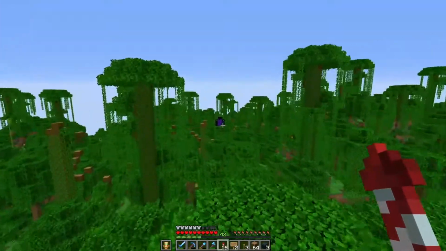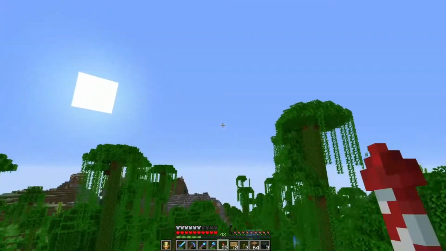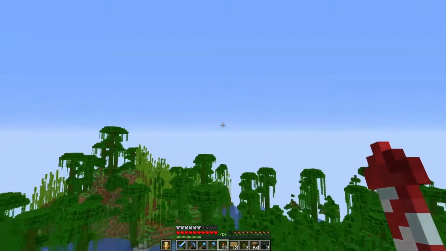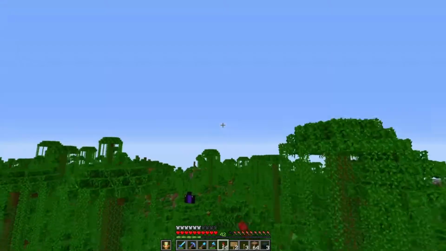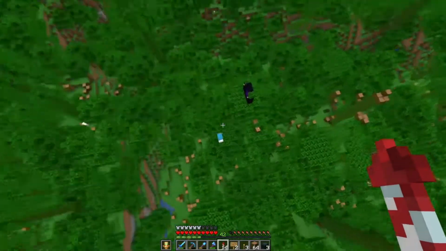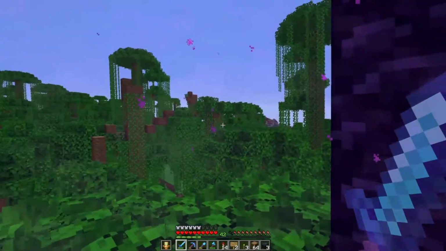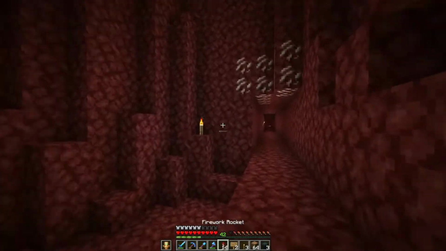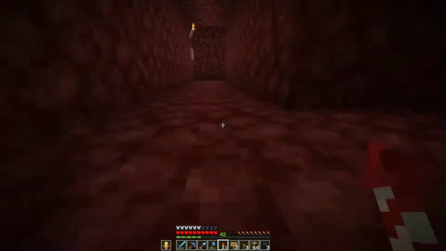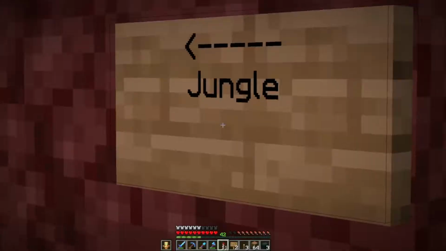And after a little bit of flying around, I found out there's a nether portal here, which either means someone lives here, which I hope not. I mean, I just mined like 1 tree, but still. Or I could have just gone through the nether and found it way easier. I guess we'll see where this takes us. Huh. I'm a little confused. Let's see where this leads. There's a sign. Jungle. Yeah, sure enough, I just...